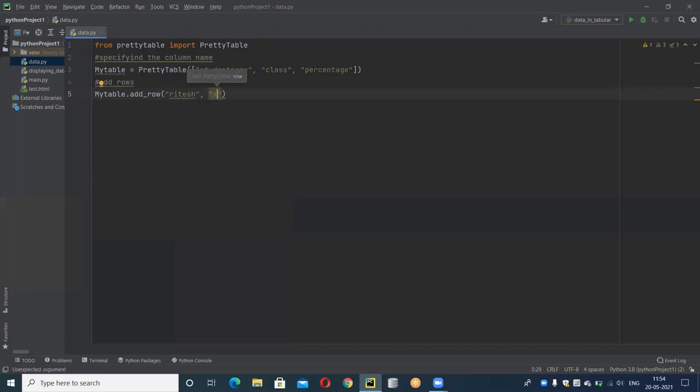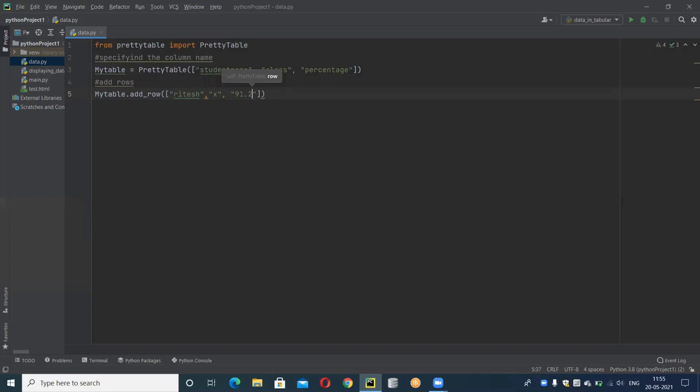So we are getting an error. Why are we getting the error? Because we didn't enter the data in an array. An array is nothing but data in square brackets. Now class 10th, for example. Okay. Next, my percentage 91.2.